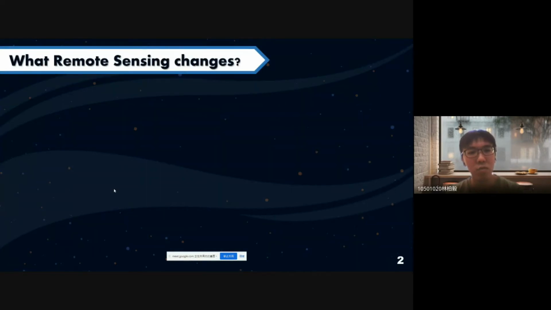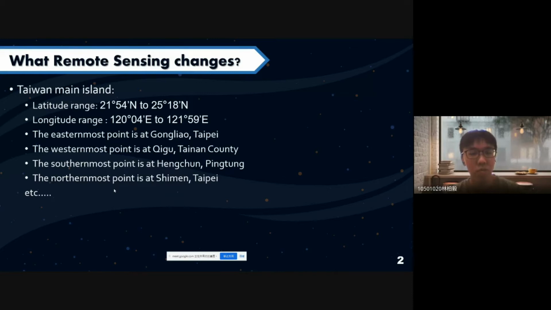So how does remote sensing change our life? For example, if we want to describe the range of Taiwan, we maybe use the latitude range from 21 degrees to 25 degrees and longitude range from 120 to 122. And the easternmost point is somewhere, the westernmost point is somewhere.